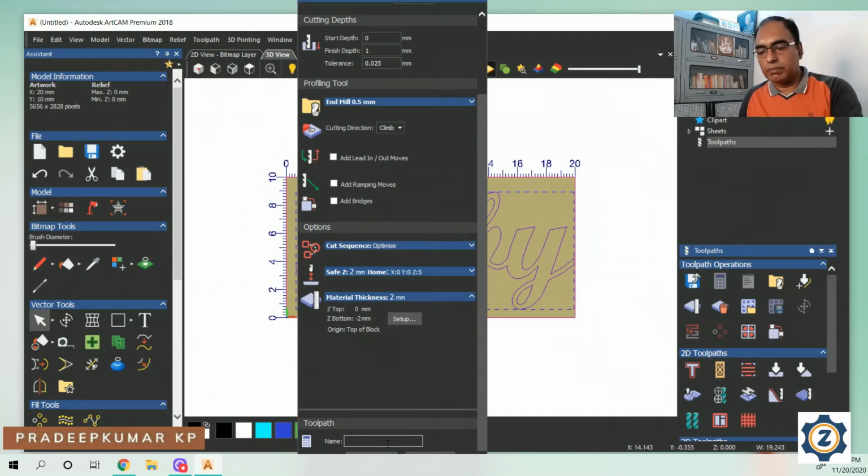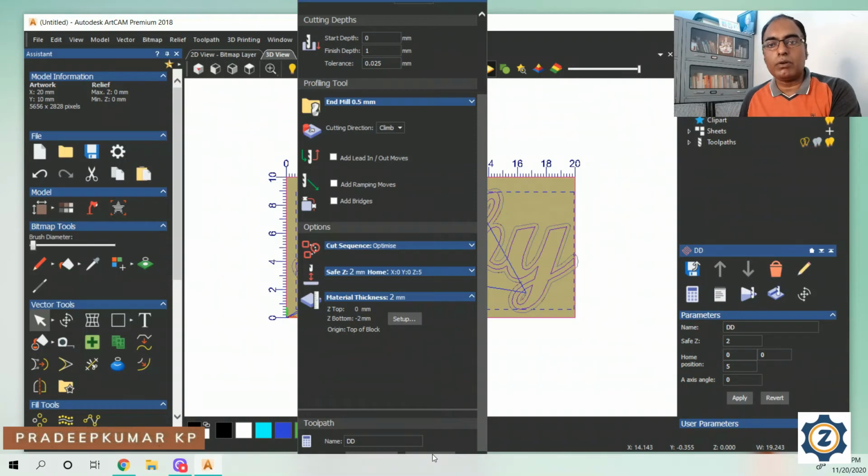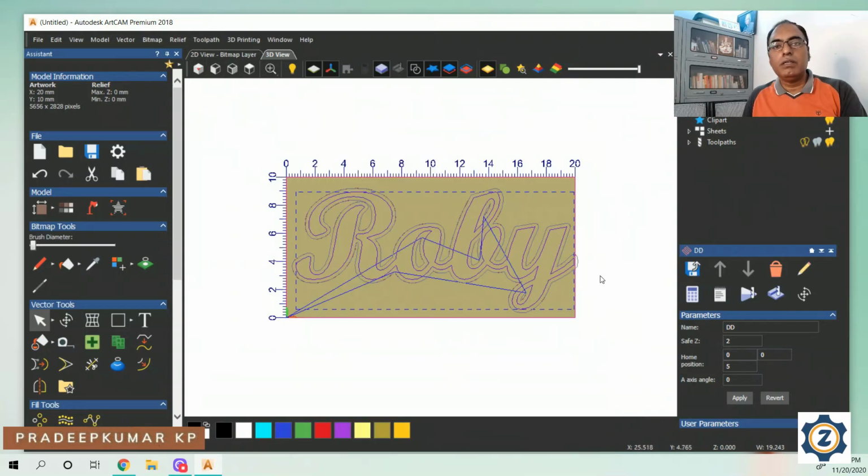So give some name. First DD. Then this is the thing actually. Just that calculation button is there. It's hiding behind. Okay. And next time I will reduce the resolution, so it will look fine. So okay. Now I will close this one. Now it's already generated, then I will close it here. So already the toolpath has been generated.